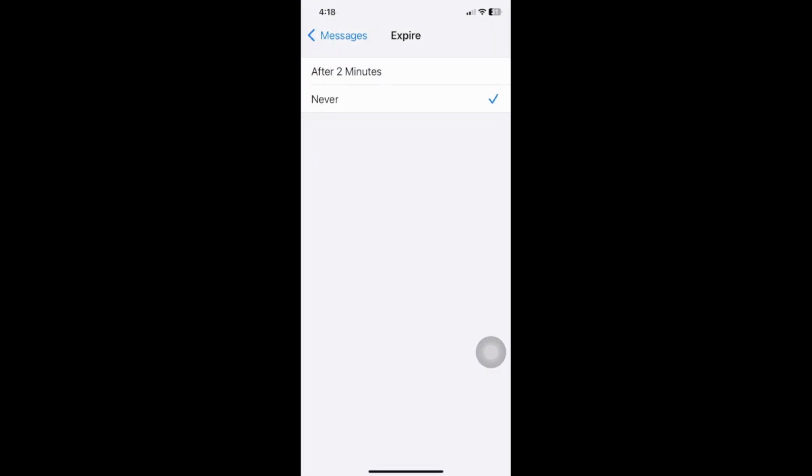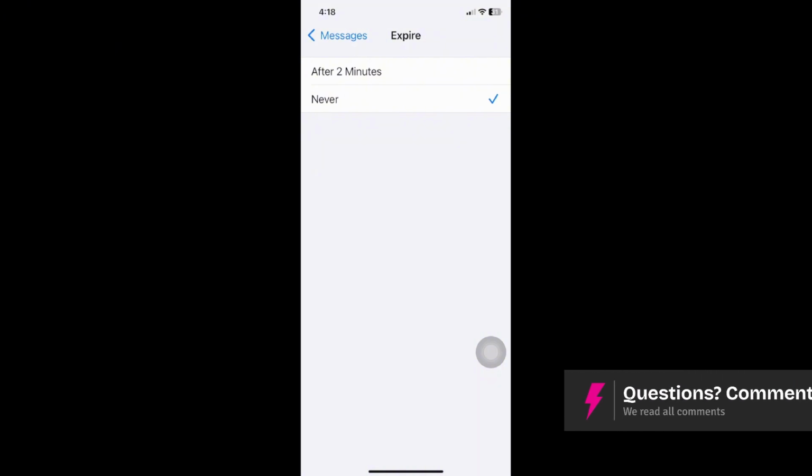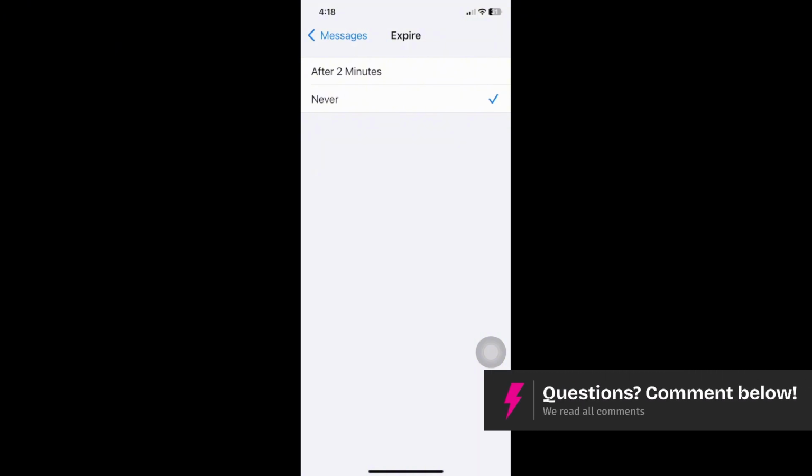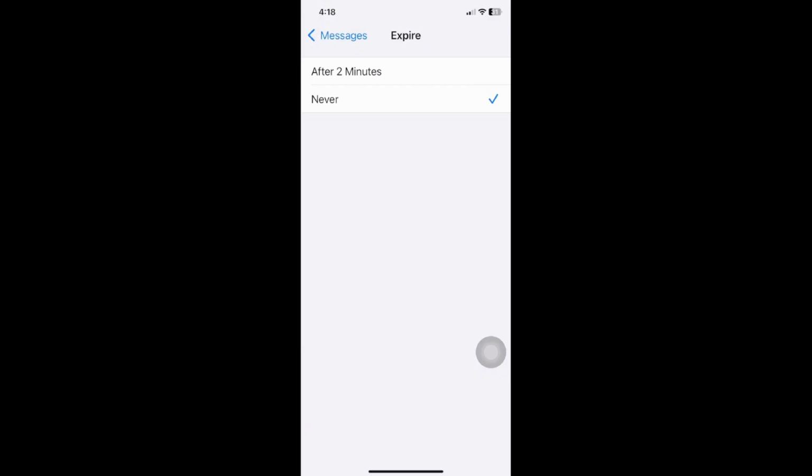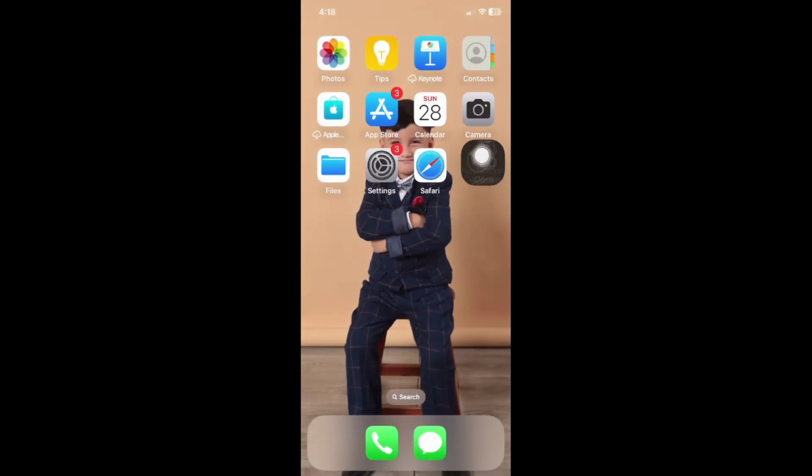when you open up a voice message, it will automatically delete by itself. Okay, by default, it is set that way by Apple. You'll have to turn this to Never so that voice messages will not be deleted automatically. Now, if you have set this one to Never, here are some ways to check or see all voice messages